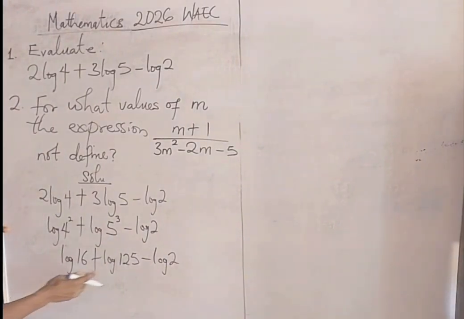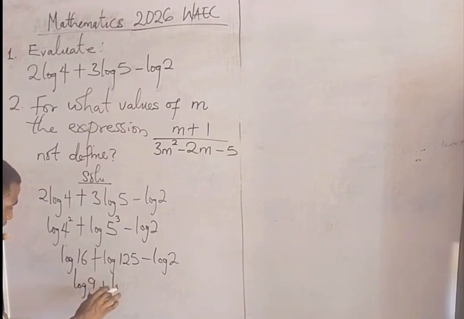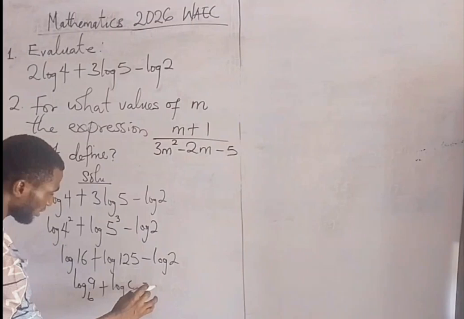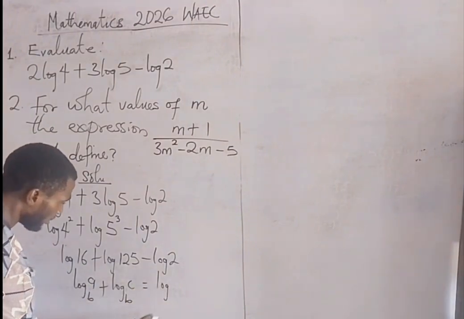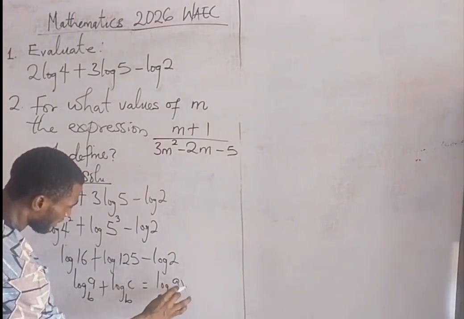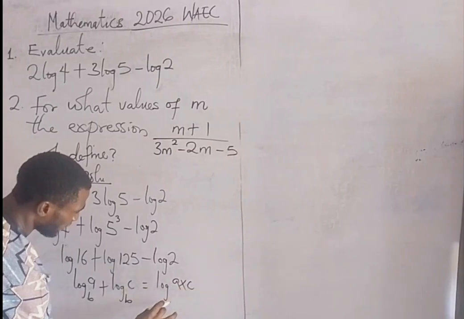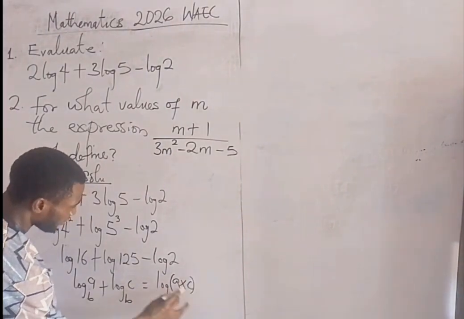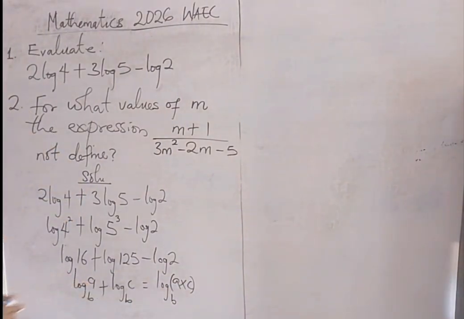Now, using the law of logarithm, which says when you have log a base b plus log c base b, this is still the same thing as log a times c base b. That is, when you have a common base, you just pick one of the bases, then you multiply the numbers,